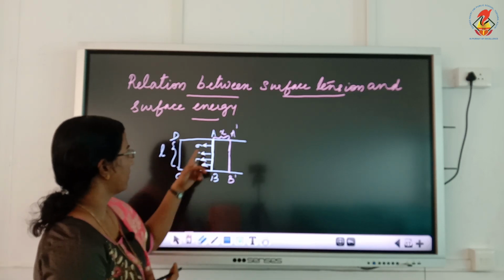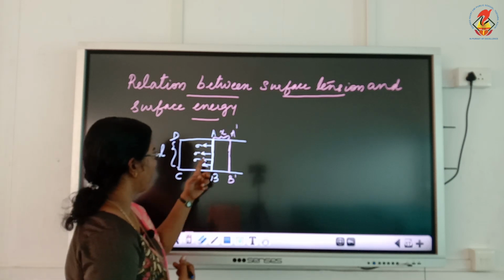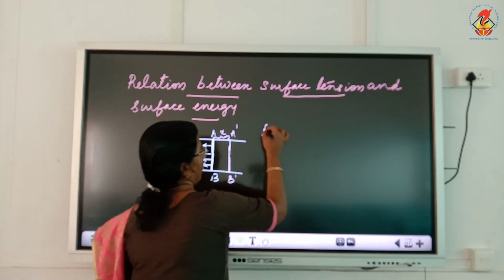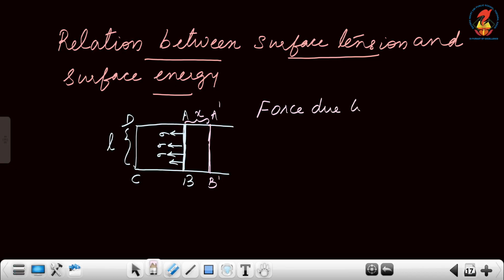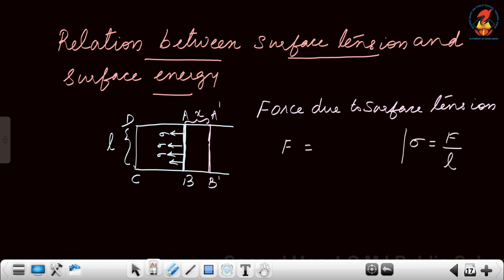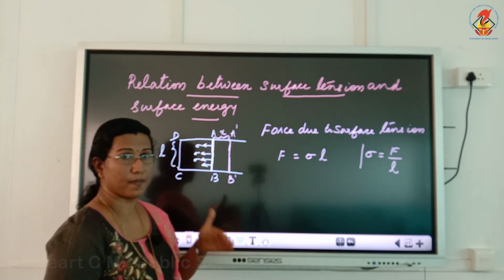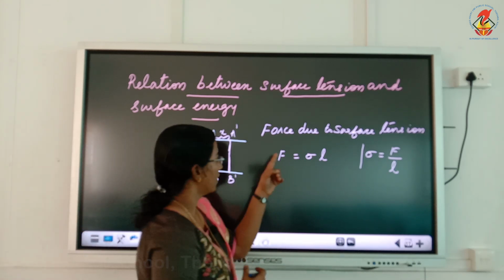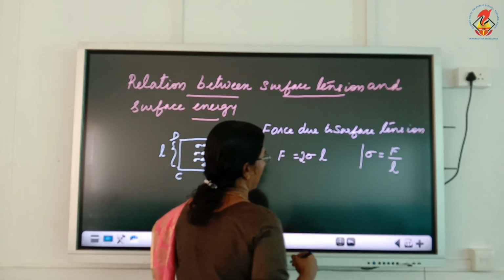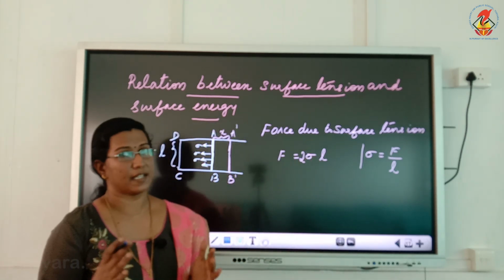Okay, so first, the amount of force produced due to surface tension is given by F. We know surface tension sigma is equal to F by L, or F is equal to sigma L. Now we are forming a thin film of soap on the rectangular frame, and soap has two free surfaces, so here we can write 2 sigma L. The 2 is because soap has two free surfaces.